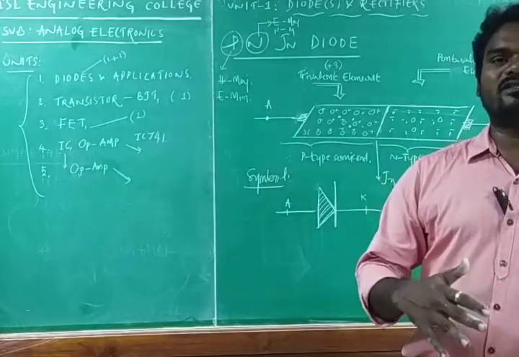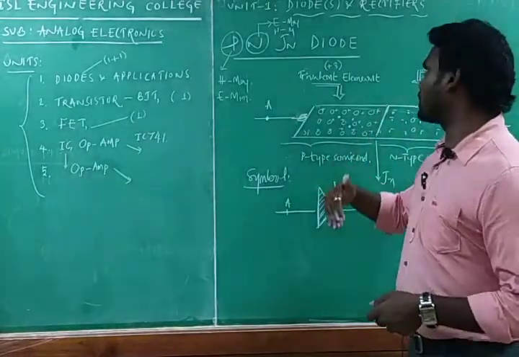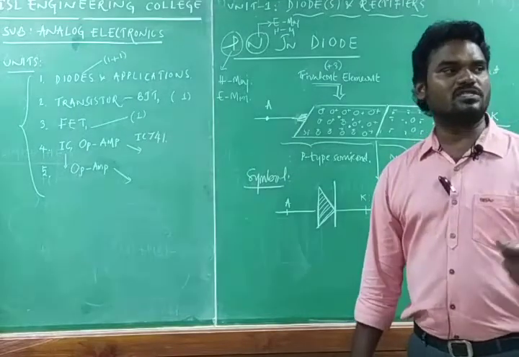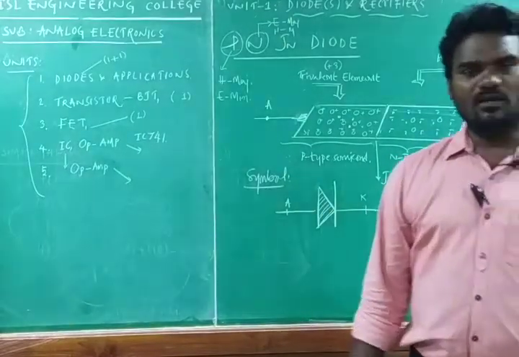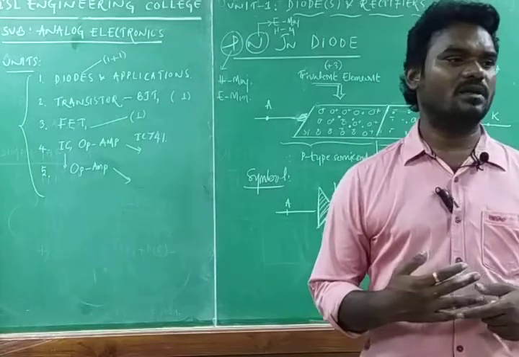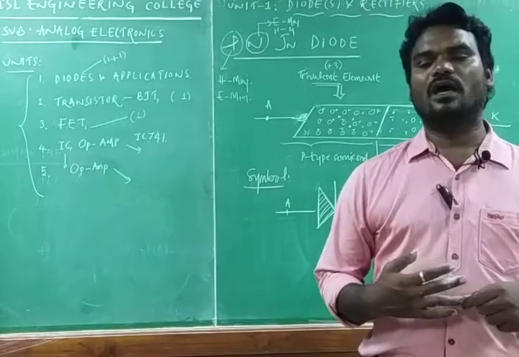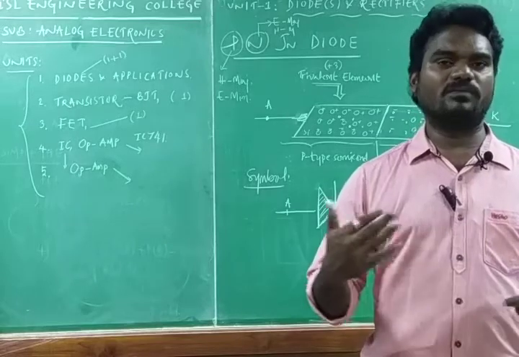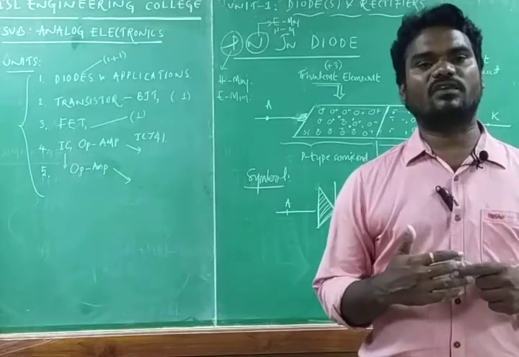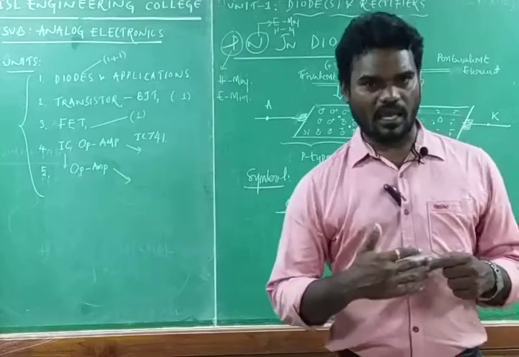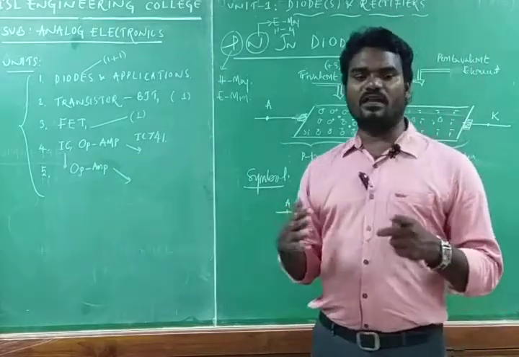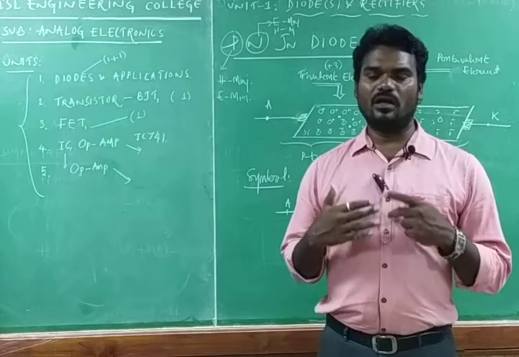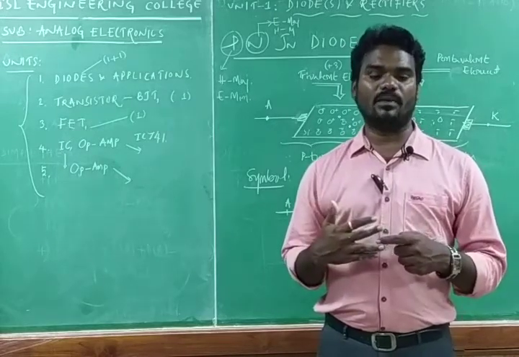This specific property can be used to design rectifier circuits. By using the PN junction diode we can design rectifiers. We have various types of rectifiers, but in the syllabus we have three: half wave rectifier, full wave rectifier, and bridge rectifier, and any one of these three will be asked for 10 marks in the exam. This is a very basic fundamental topic which will help you study the remaining subjects in the coming semesters.